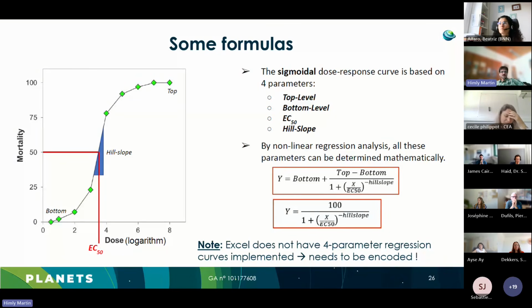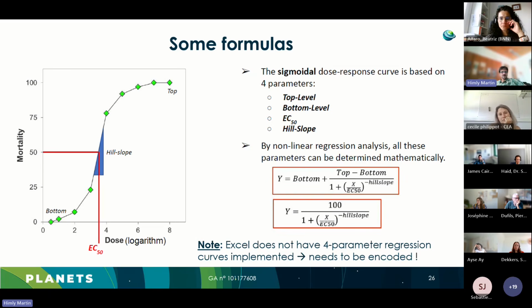So as we did see this sigmoidal curve, just a very few remarks on that. Important is also this hill slope, so the steepness of the curve. And sigmoidal curves are the typical thing that we observe in risk assessment and in hazard characterization. So relevant parameters are this top level, the bottom level, the EC50, and the hill slope. And these are the descriptive parameters that feed this analytical solution of such a curve, because in the end, then